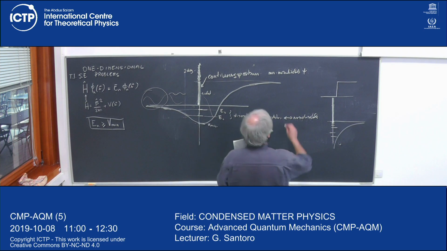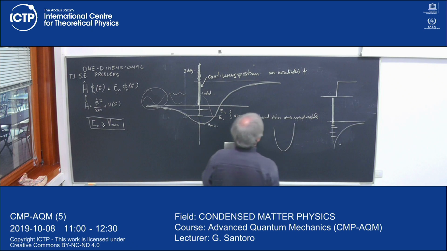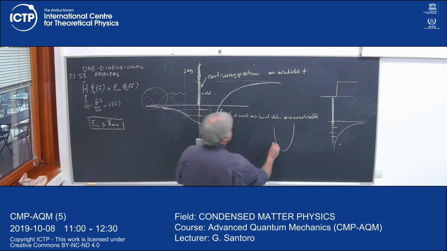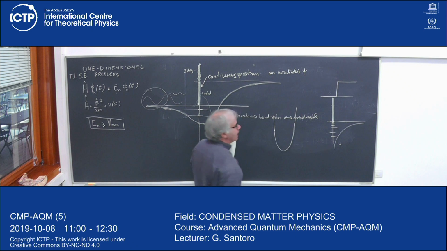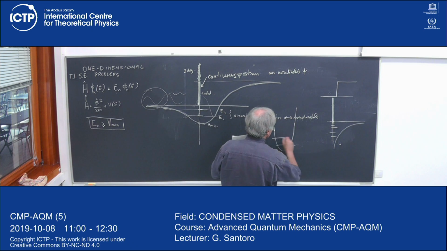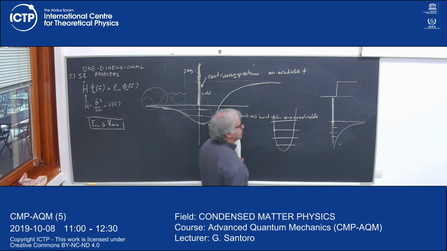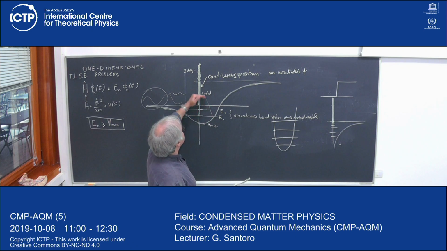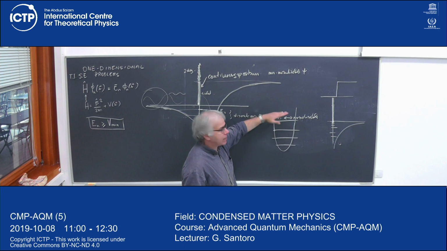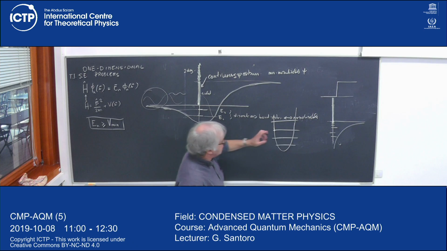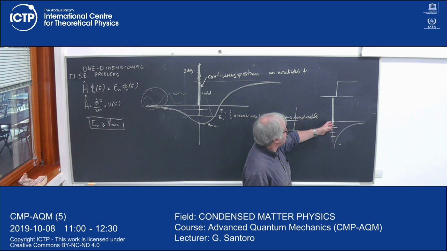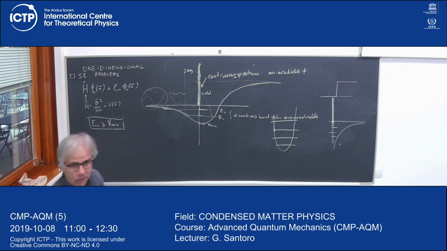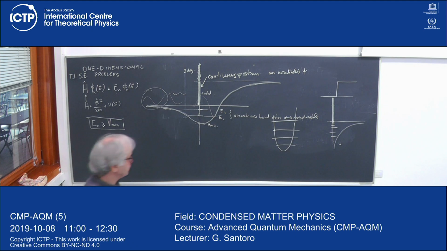The harmonic oscillator, on the contrary, is a case where the potential never approaches zero. It increases without bounds. In this case, the spectrum is fully discrete. So there could be all possible situations: purely continuous spectrum, purely discrete spectrum, both, and even an infinite number of bound states and a continuous part of the spectrum. So be ready for all possible situations.